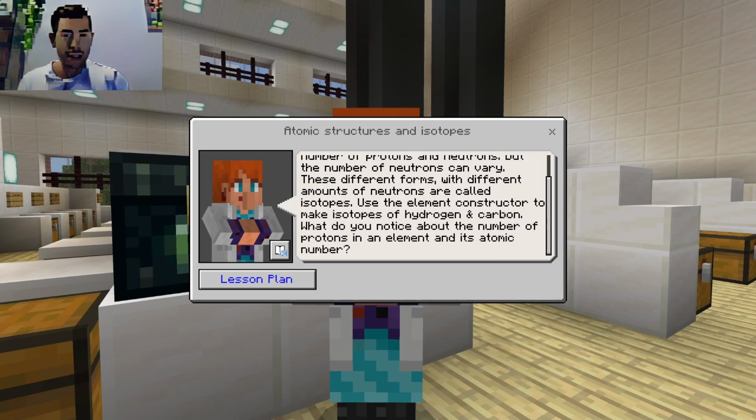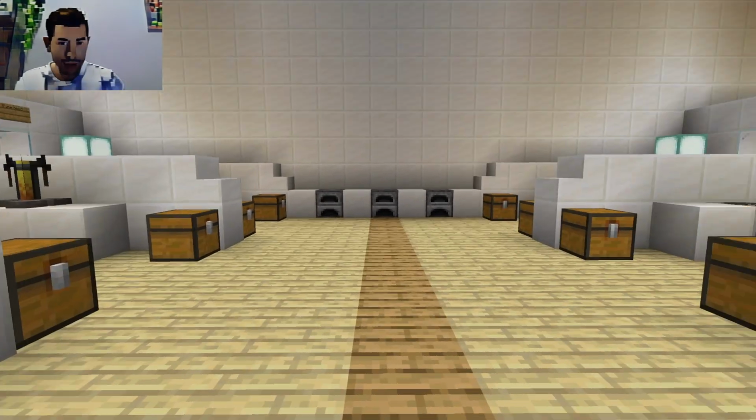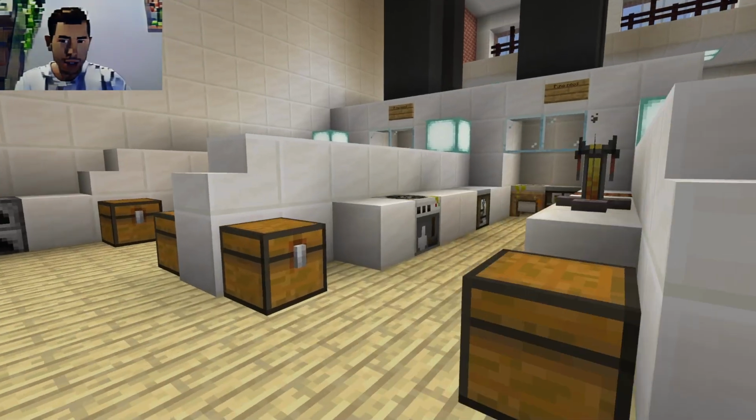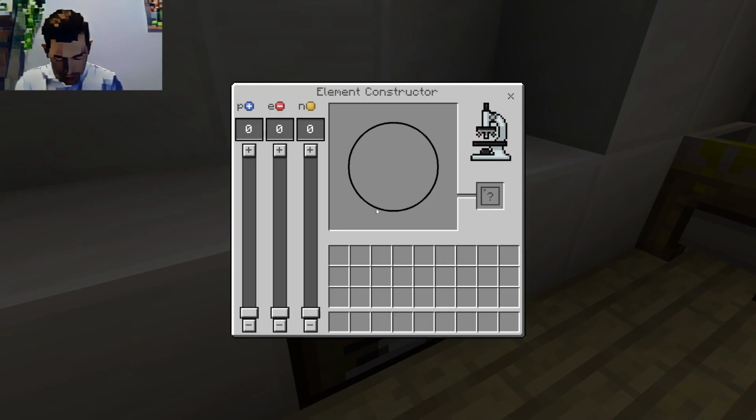Use the element constructor to make isotopes of hydrogen and carbon. What do you notice about the number of protons in an element and its atomic number? Let's do it. We have here the element constructor, and we need to make hydrogen. Hydrogen has three forms called